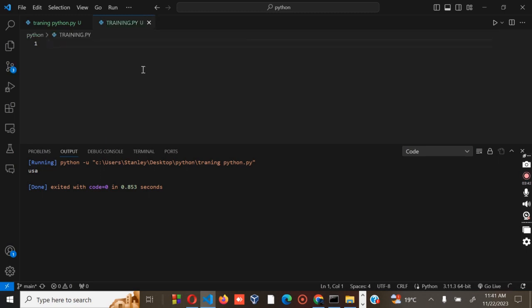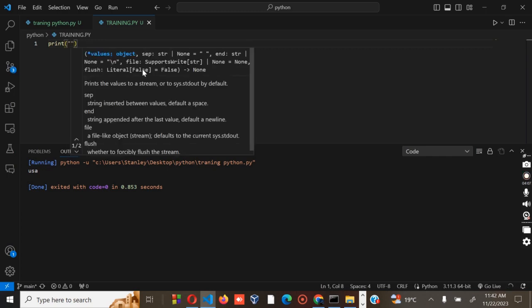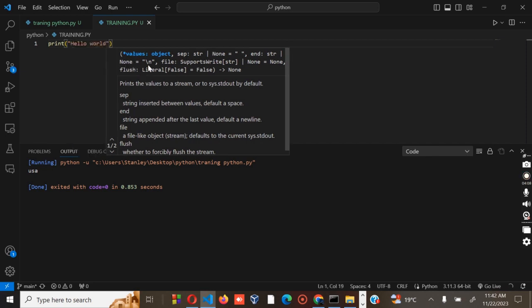Okay. As usual, the first thing is to create a program which writes hello world. So as usual, we start with print, open the brackets, then quotation marks, then hello world.